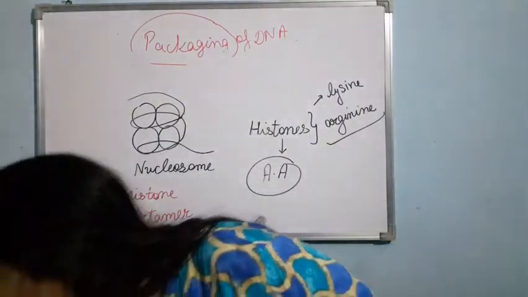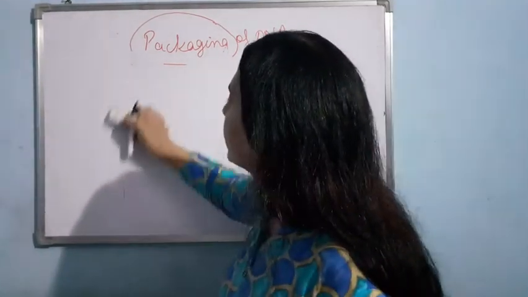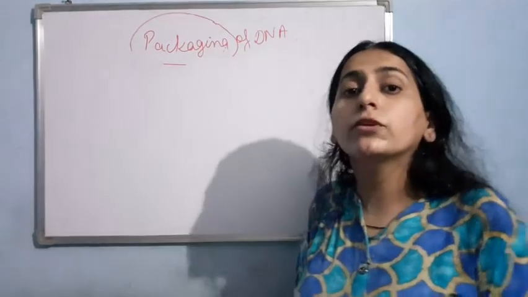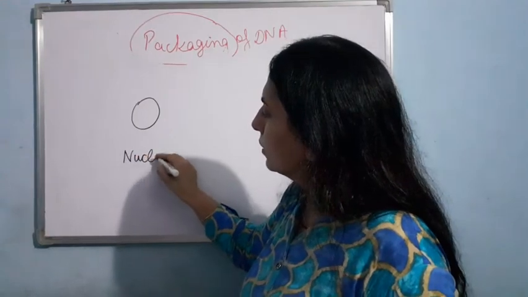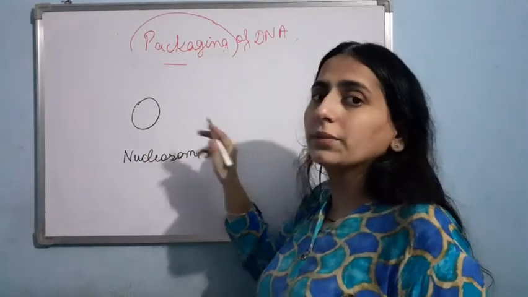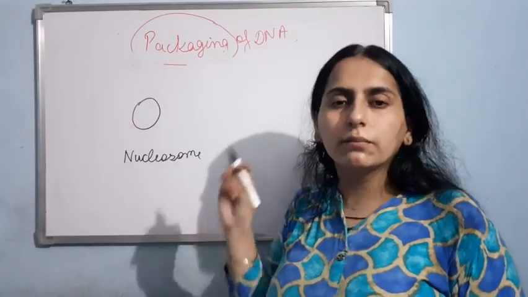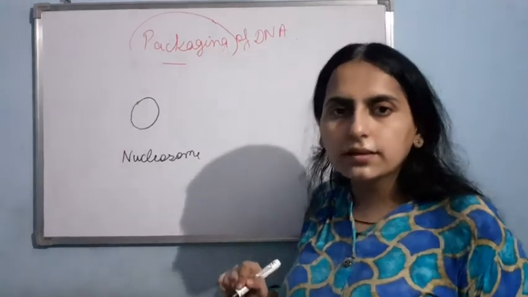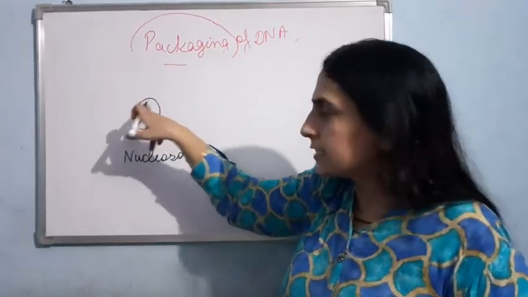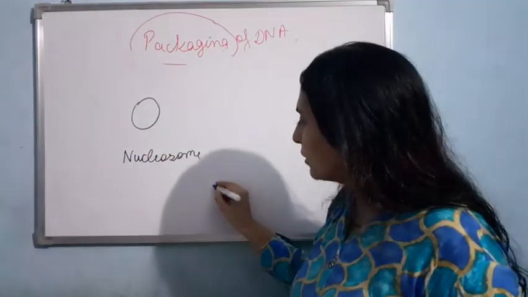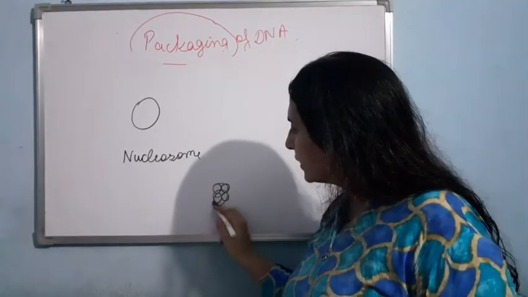Okay, so now, basically your DNA is present in the form of nucleosomes. Suppose here I have the first nucleosome. Like this, so many nucleosomes will be there in your nucleus. Even if I say 300 million nucleosomes are there. So inside the nucleosome we have 8 histones. Over that the DNA is wound.